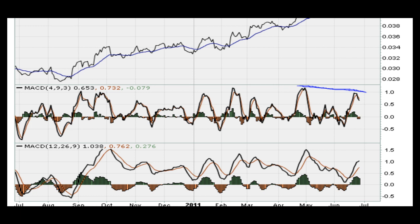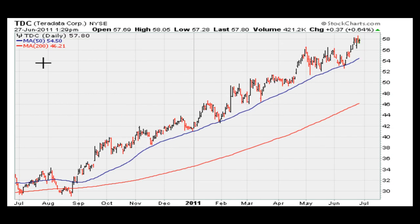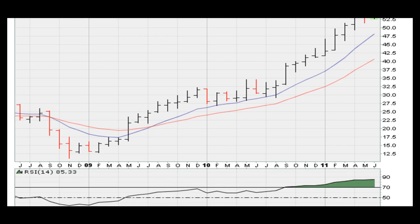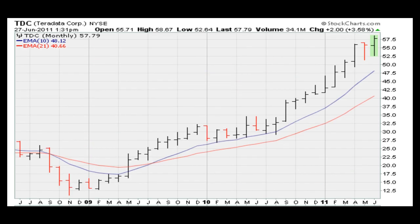Now, honestly, if I was forced to buy a stock here, I'd probably buy this one, just because the monthly looks great. We've got a great monthly view on this one, and the weekly is also okay. This is a perfect ultimate Muade breakout. The RSI is at at least 3-year highs. That's awesome. Again, if I was forced to buy a stock and hold it for a couple of months, I would definitely not have a problem owning this stock. Especially when you look at some of the other stocks. For example, if you take a look at